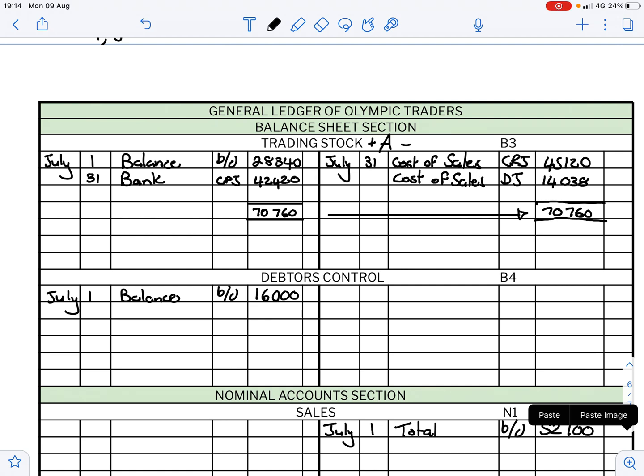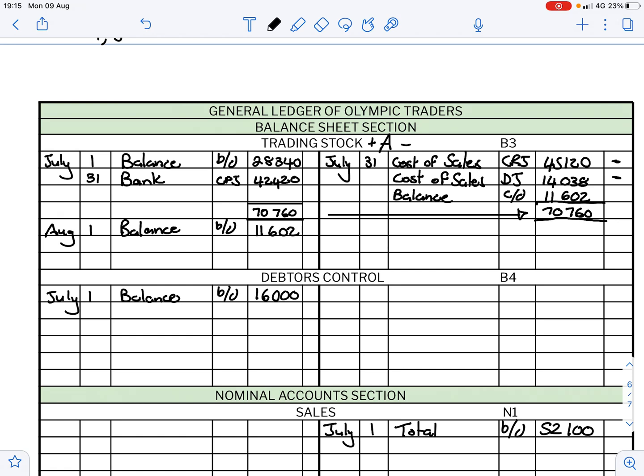We then need to subtract our stock sold for cash and our stock sold for credit, and that leaves us with 11,602 Rand worth of stock that we have available to sell at the beginning of next month. We put that in as our balance carried down, and at the start of August the 1st, our balance brought down